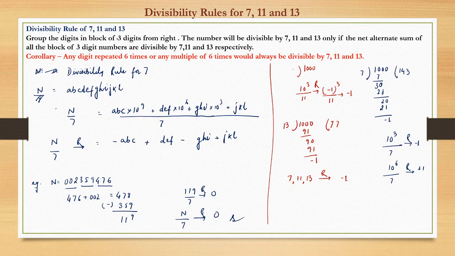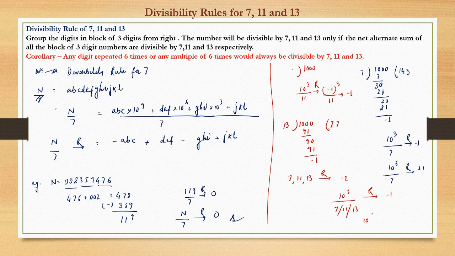That is, we group the digits in blocks of 3 digits from the right hand side, and then we find the alternate sum and subtract the other pair. If the final remainder or the resultant sum is divisible by 7 or 11 or 13, then the respective number itself would be divisible by 7, 11, 13. That is one case. Secondly, we have also seen that since 10 raised to power 3 upon 7 or 11 or 13 is giving a remainder of minus 1,